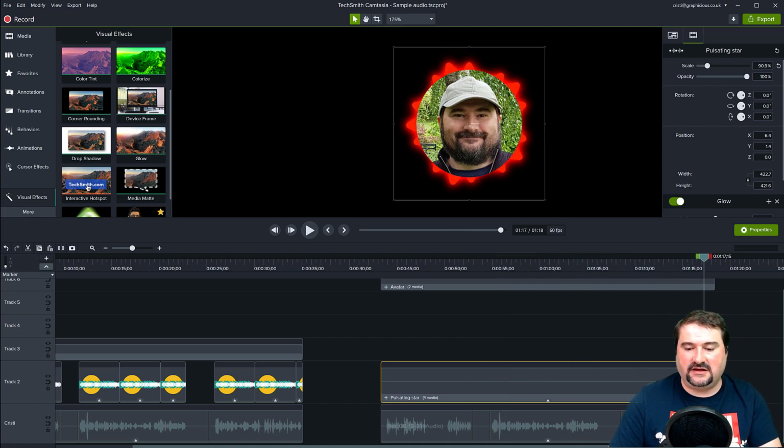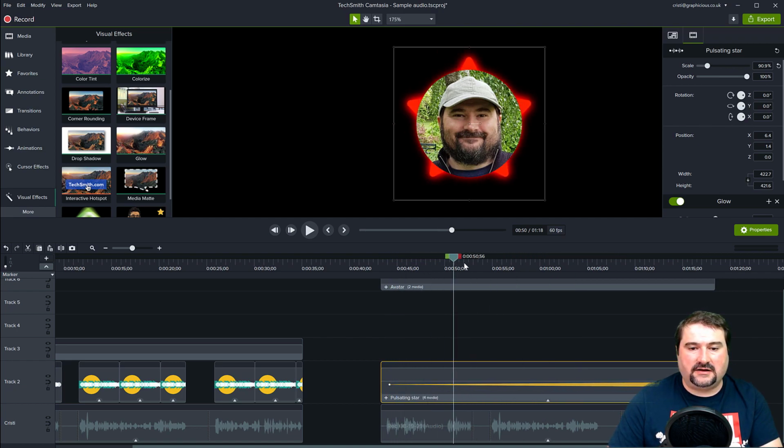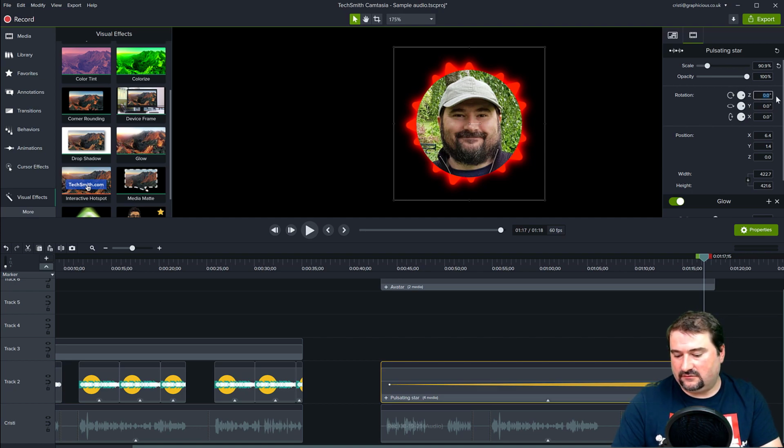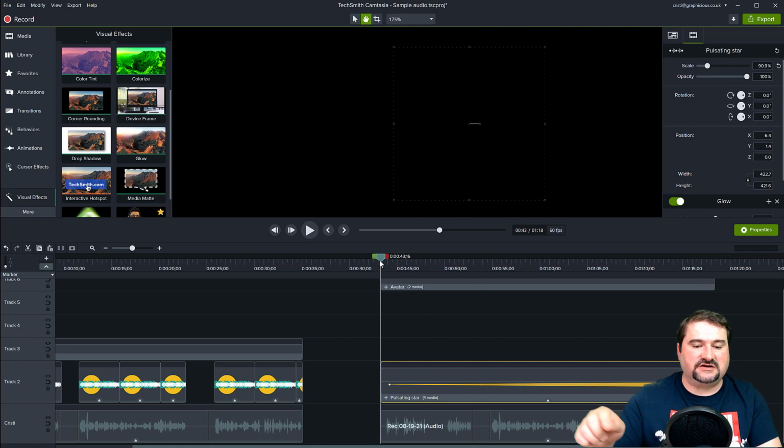Another thing you can do, like I said, you can rotate it. So Shift and A to add an animation, move it there, make it long, and then at the end, just add a rotation here of about, I don't know, 650 degrees. So that means for the whole duration, it's going to spin around.